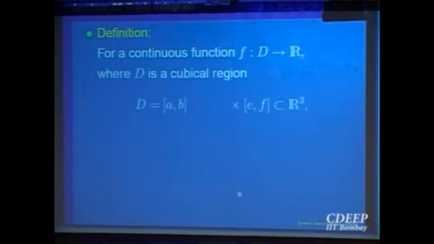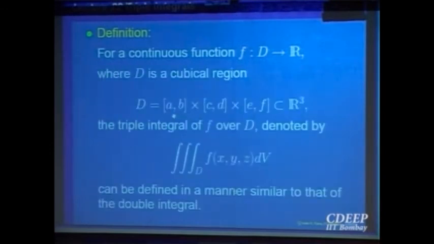Domain is split into smaller parts, points are taken, multiply, sum, and try to take the limit, right? But let us try to see how you compute these triple integrals. So let us assume, right? Intuitively it's clear, one can extend the notion of double integral to triple integral. Point is, how do you compute that? Okay? So let me quickly go through some of it.